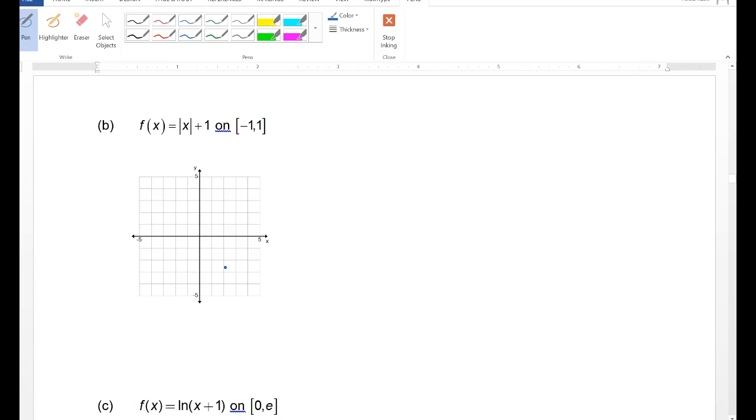So, next one. Does the mean value theorem apply? Well, what does this graph look like? A V. But up 1. So it's up 1. Yeah, so there's a corner. Okay, so I want to look at from -1 to 1. So I'm just looking at this part of the graph. So it's continuous. Is it differentiable? Not differentiable. So the mean value theorem does not apply